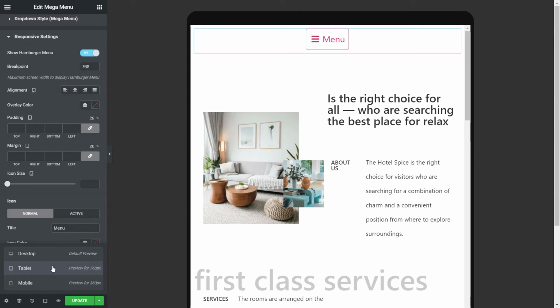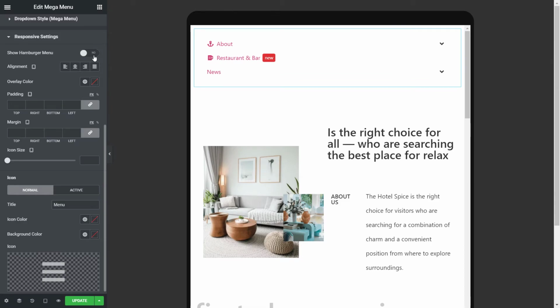On smaller devices, menus with many items may start to span over multiple lines and take up a lot of screen space. So by default, a hamburger menu is enabled. Now you can access all the same menu items by clicking a single button. You can disable it and the menu will simply turn vertical on smaller devices.